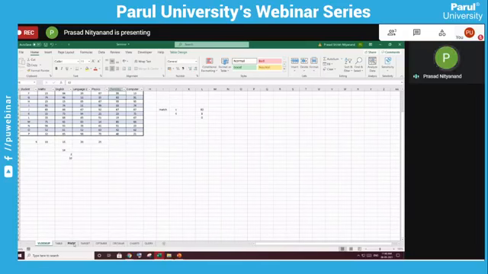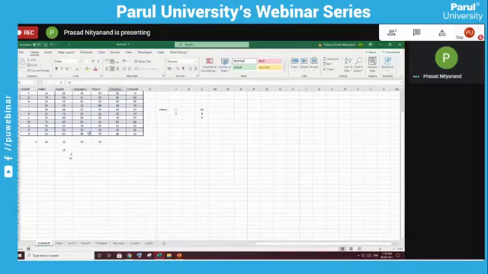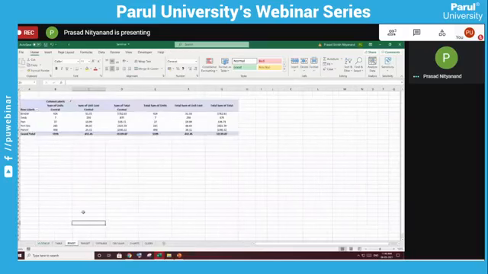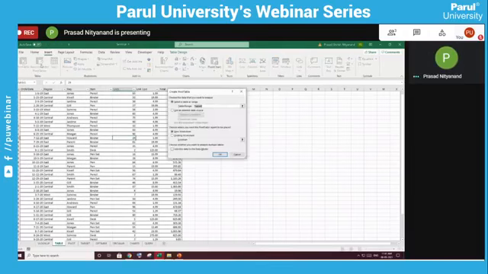Now the next thing we will learn is how to generate a pivot table from tables. I will take this data for example, and I will go to Insert, Pivot Table. I will select this range.